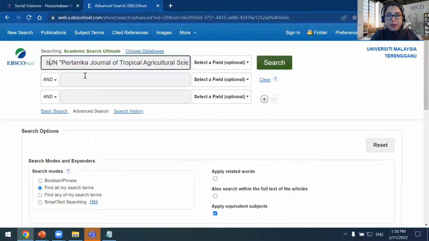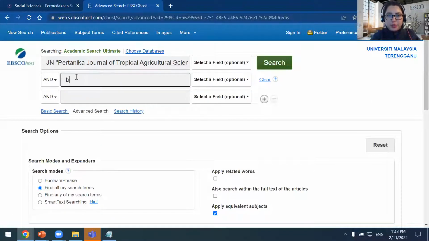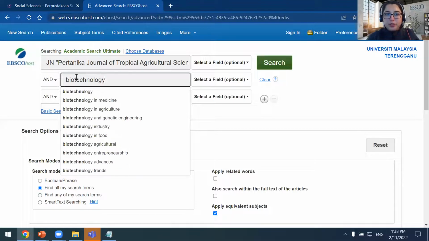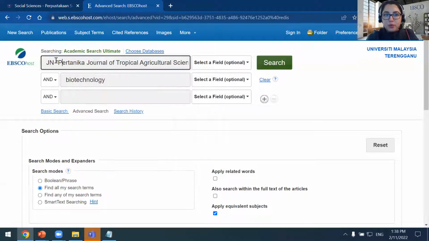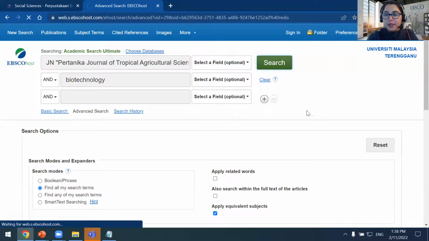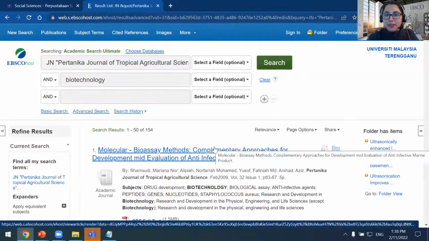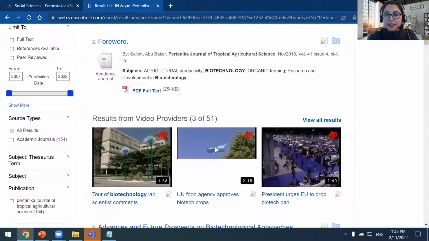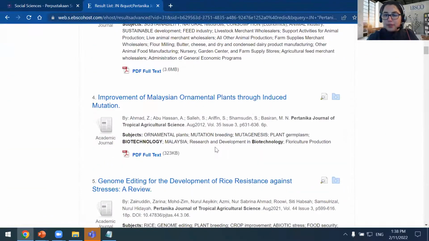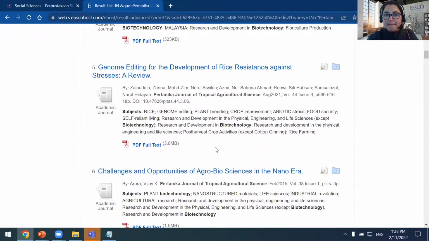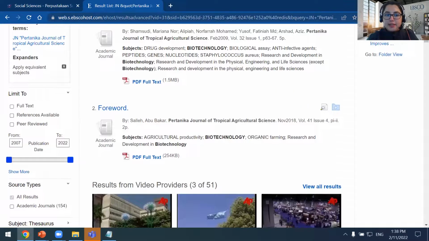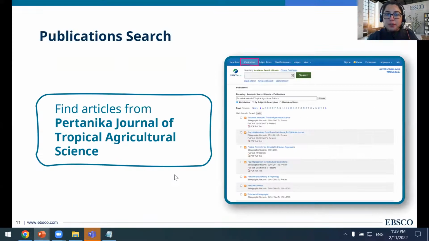And so I may want to search for a specific word. So I'm going to search biotechnology within this journal and then run my search and see what I can find on the topic of biotechnology. And I can start to look through those results. Okay. That was just another quick search I wanted to point out.